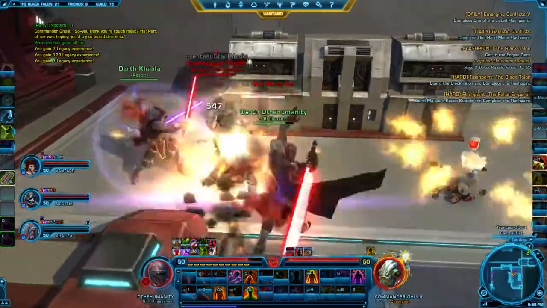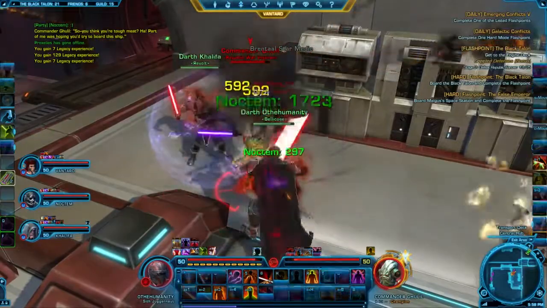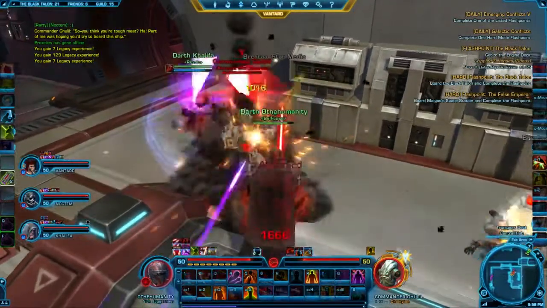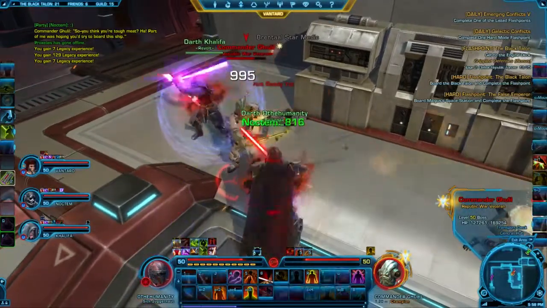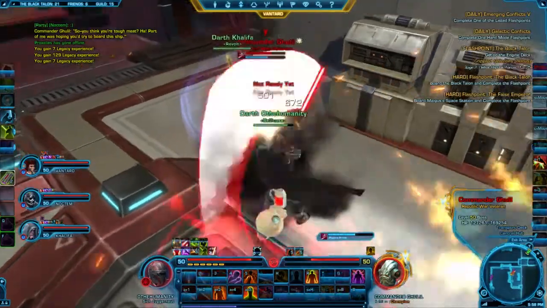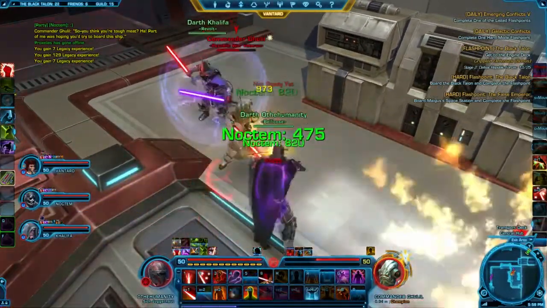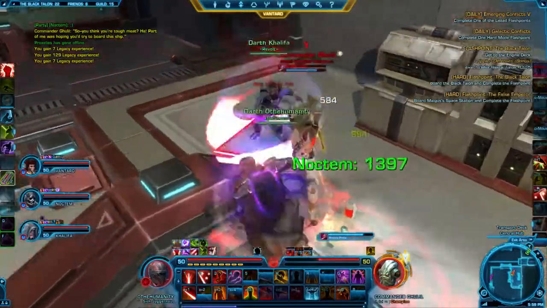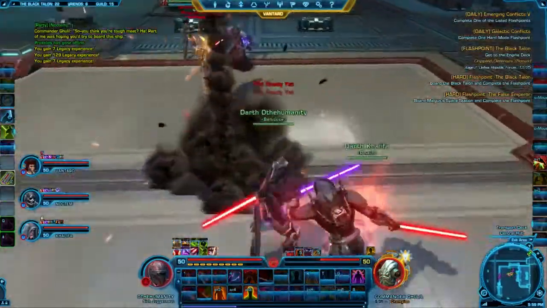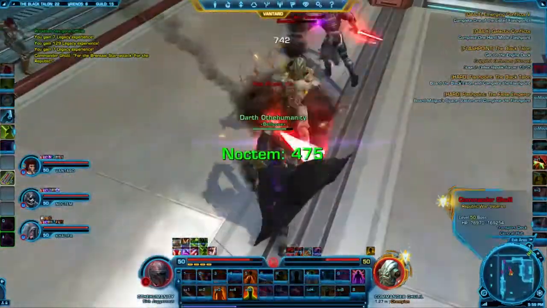So then you start using your highest threat abilities first. In order of those, you have Backhand, and then pretty much whatever does the most damage, and that's your 41 point talent, Sundering Smash, or whatever it is. And then you're just trying to do as much damage as possible while keeping your mitigation abilities up. So you're going to use Vicious Assault whenever you have the rage for it,